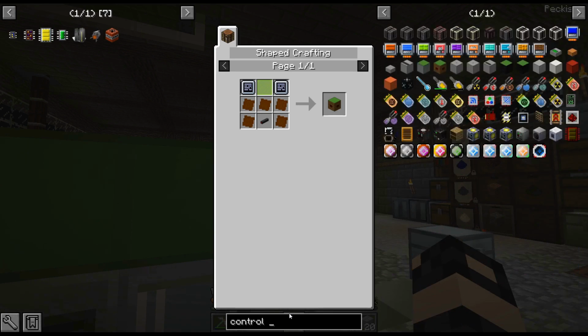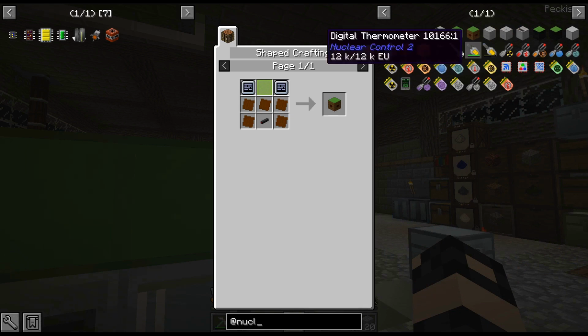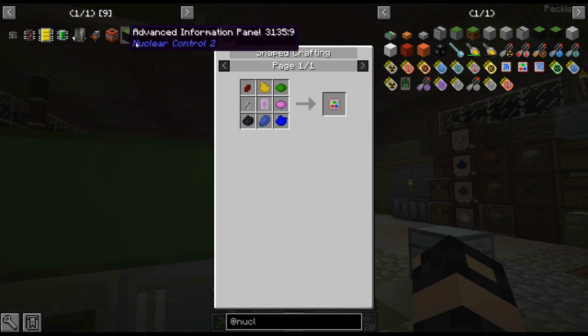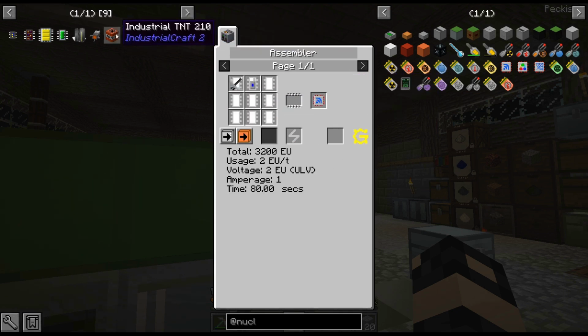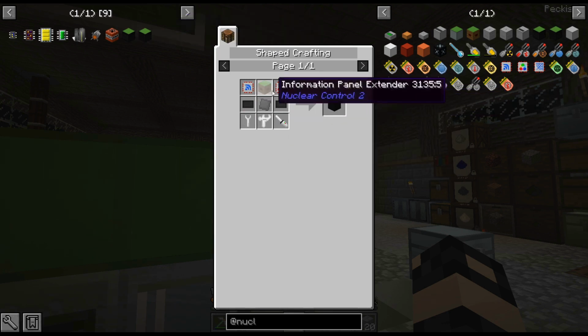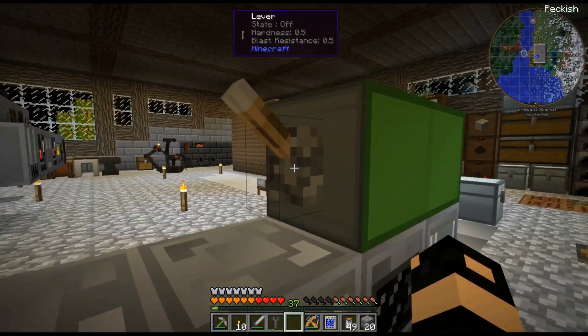Control, is it control panel? No. That nuclear control. These require HV circuits. That is that, which requires... It's just like, these are really expensive for just displaying information. So, I think it needs a...